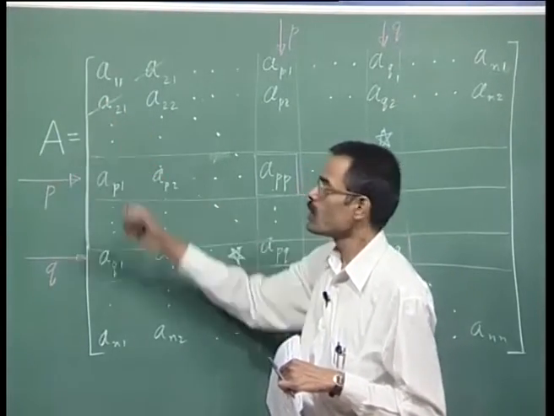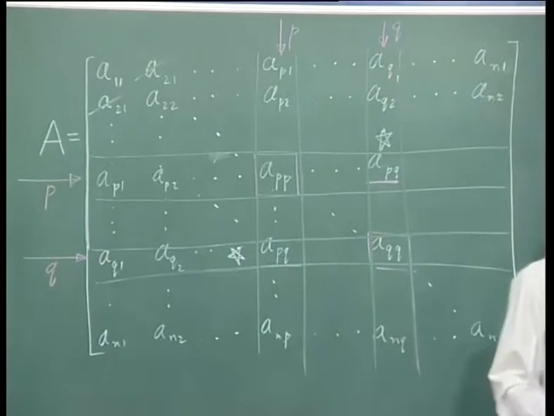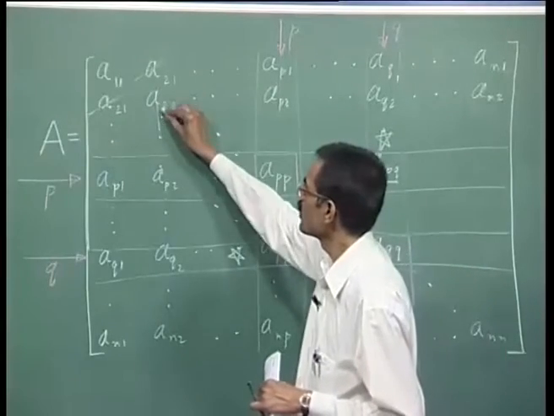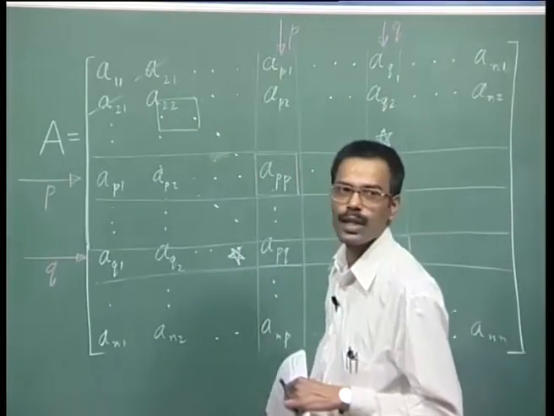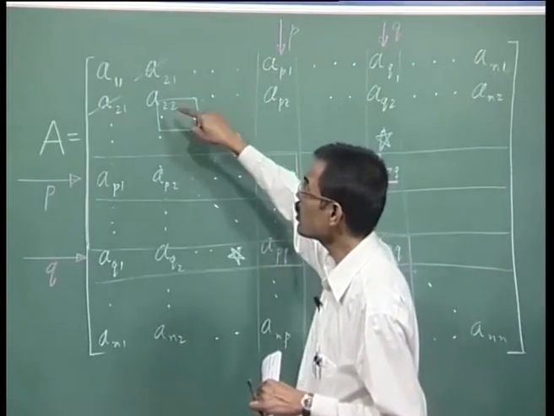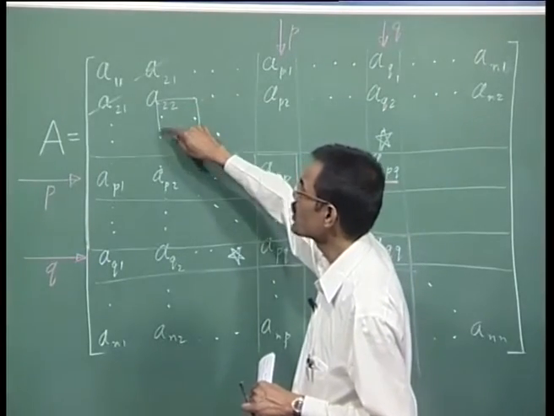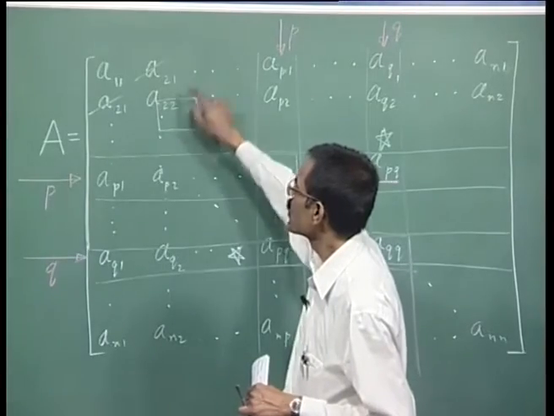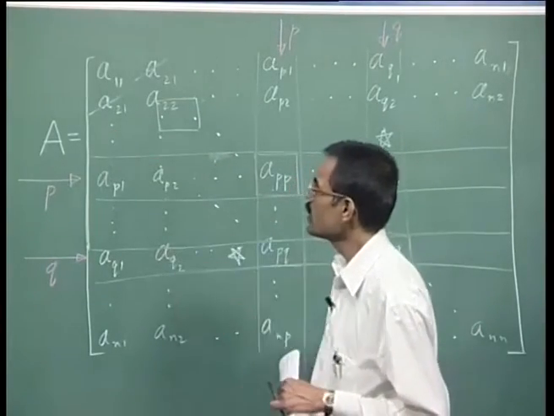So you will apply the transformations in this order. First you apply P23. That means you will be first operating on this corner, 4 corner blocks, and then you will not be trying to make this 0, but you will be trying to make this 0. This and this. So after that is accomplished, then you will ask for